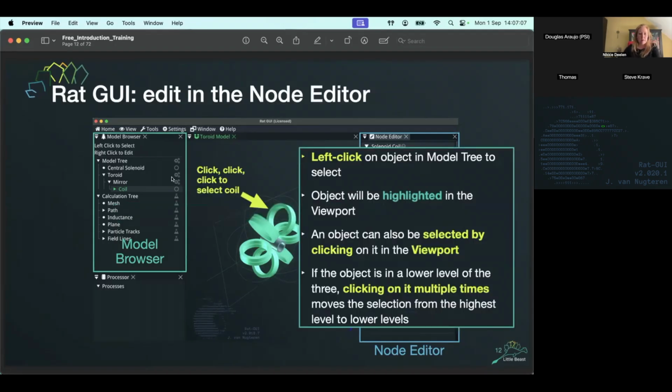A different way of selecting objects in your model is by clicking on the object in the viewport, which is the part that is here in the middle. The object will then get a different color, so that you see which one you have selected. And in this case, for instance, the objects are a group of objects, a tree of objects, like the model tree,